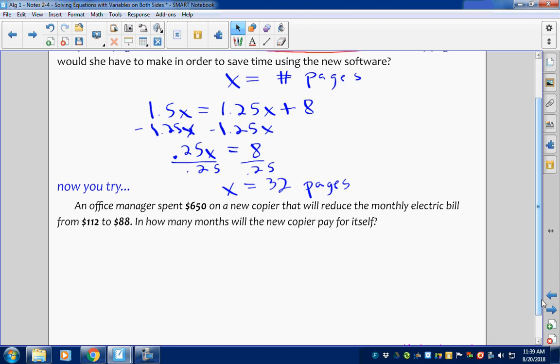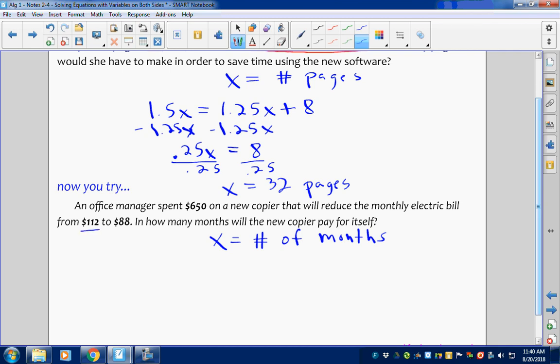So here it says, and now you try. Let's do this together. An office manager spent $650 on a new copier that will reduce the monthly electric bill from $112 to $88. So in how many months will the new copier pay for itself? So x equals number of months. Kind of see how this lines up with the others. So the electric bill each month without this copier is $112. That's going to kind of be like the web designer working without the training, okay? So it's 112x